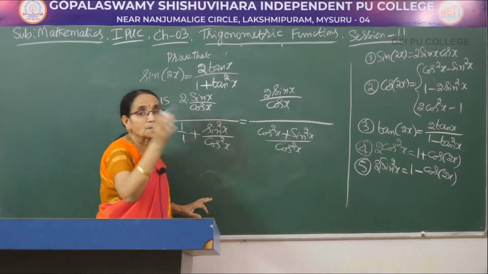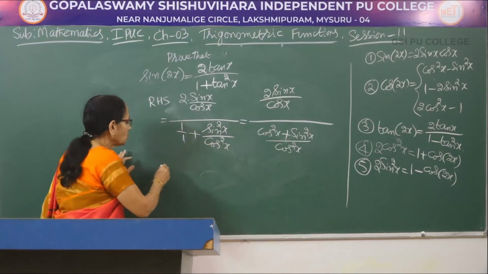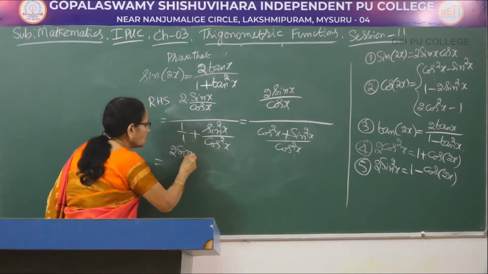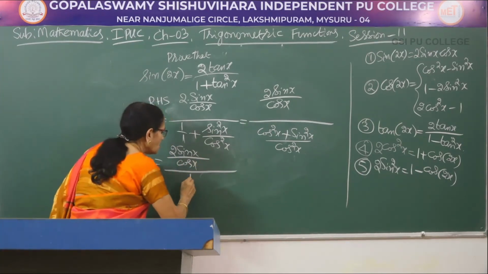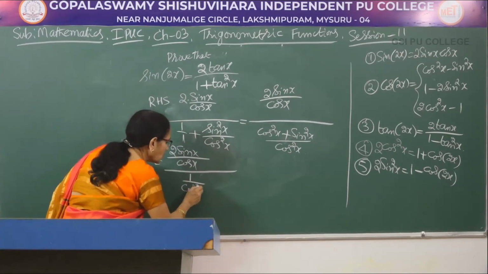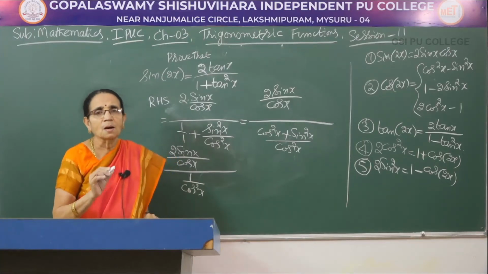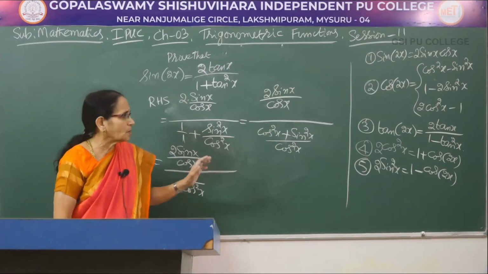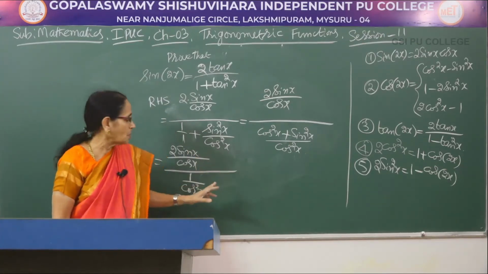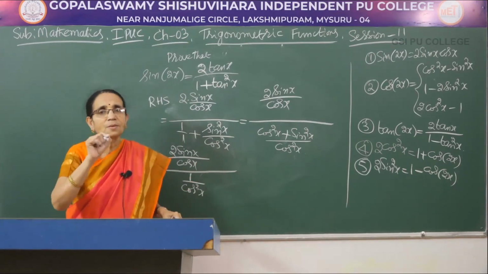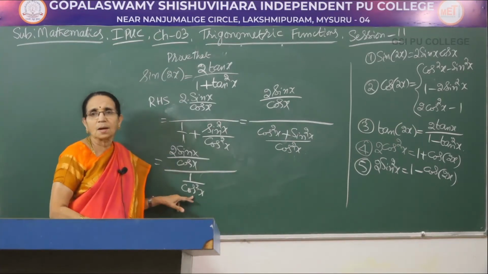Now we go to the basic identity. Cos square x plus sin square x is 1, as you know. Therefore, I can write it as 2 sin x over cos x, whole thing divided by 1 minus cos square x. You have to give the reason in the working column, since sin square theta plus cos square theta is equal to 1. Wherever you are using a certain result, it is a good practice to quote that result in the working column or by the side in brackets, write the 3 dots like that, and give the reason for that one. Now look at this quantity cos square x.